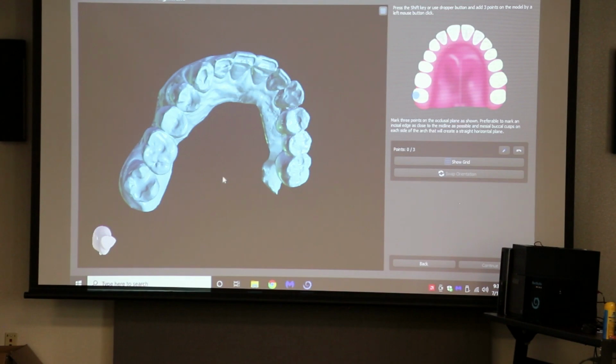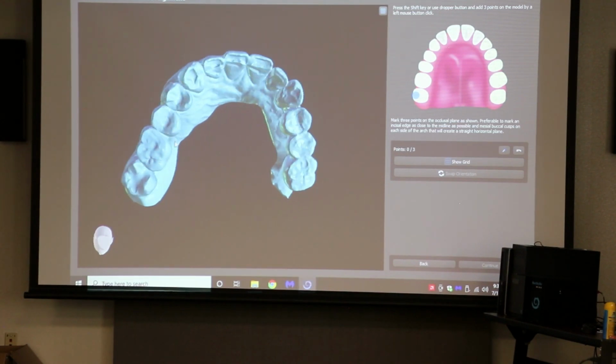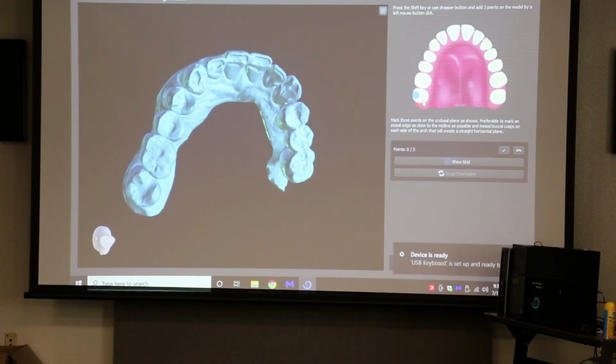So this is going to say, hold the shift key, and you're going to click 3 points. It's going to say, drop 3 points on the model. So you're going to do a point on a molar. And this is buccal of the second molar. It doesn't really matter. I like to do the same point on either side. So this patient, first molar, first molar. So if I put one on the palatal cusp of the first molar,